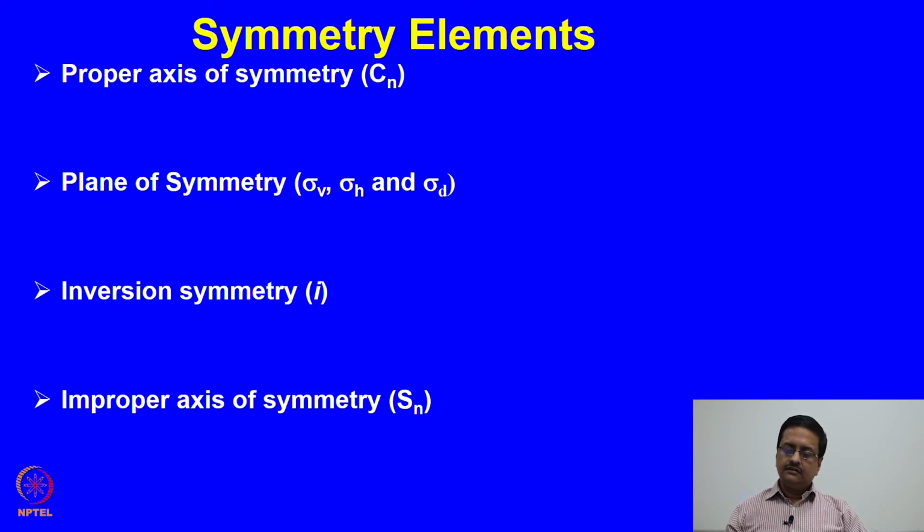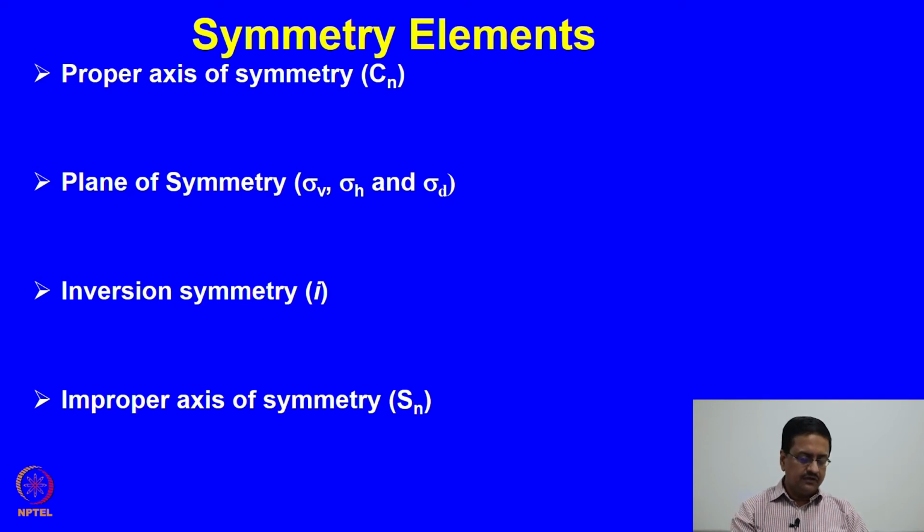So, when we try to identify the symmetry elements that may be present in a molecule, we need to really study the molecule in 3 dimensions. In that case we need to try to find out what are the possible elements of symmetry that are present in the molecule. When we try to do that, we need to understand a few different types of symmetry elements that are known to be present in the molecules.